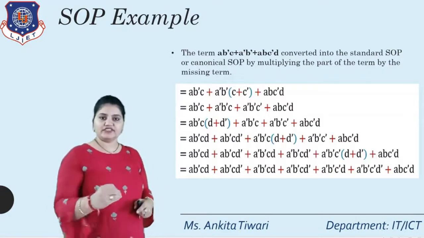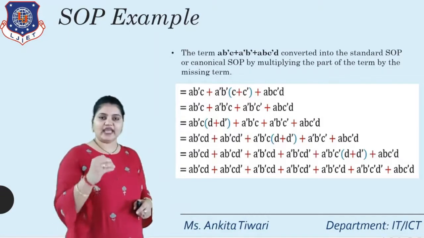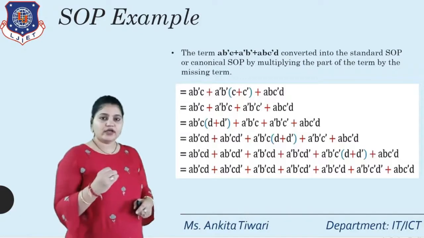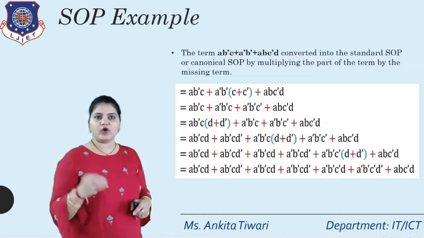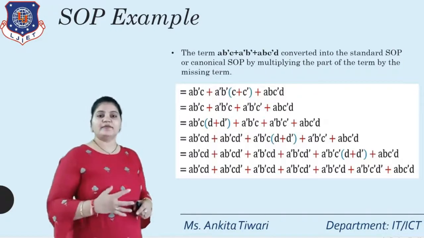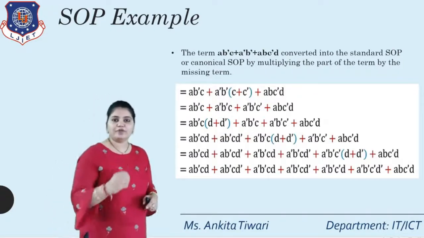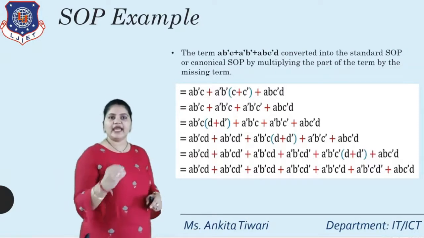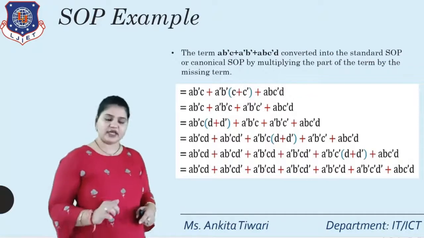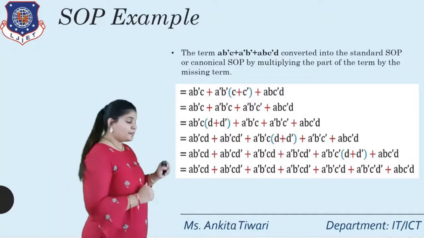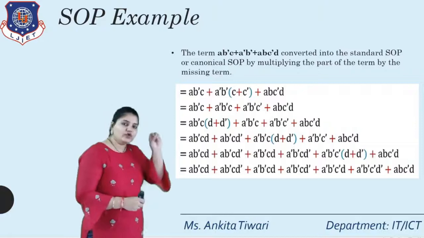Suppose the first term you can take it as a b bar c. Which variable is missing there? D variable. Now the second term, if I am talking about a bar b bar, which terms are missing there? C and D. If I am talking about the third term, that is a b c bar d, which term is missing? No term is missing. Every variable is there. Now where the terms are missing will include there only.